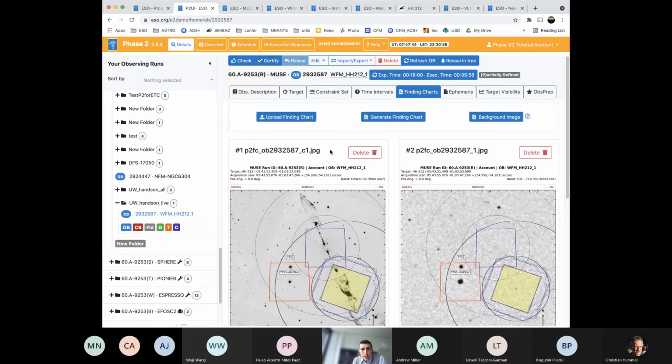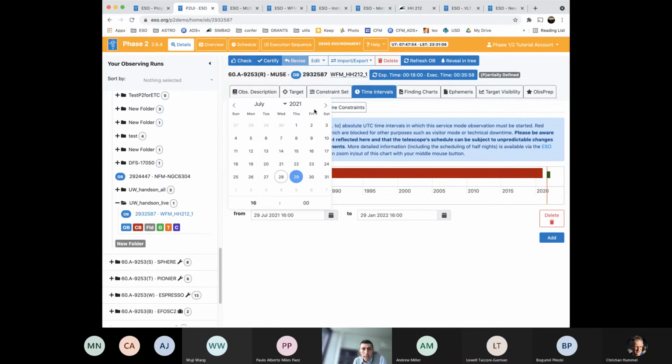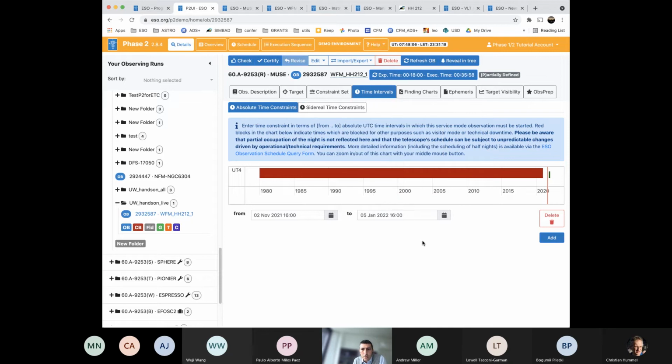So there are, as you've seen, a few other tabs that I'm not using here now. So there is a time interval where you can select. You can say, for example, that your observation, for some scientific reason that must be very well motivated, can only be carried out between the 2nd of November 2021 and the 5th of January 2022. You will see at this point that there is a green bar